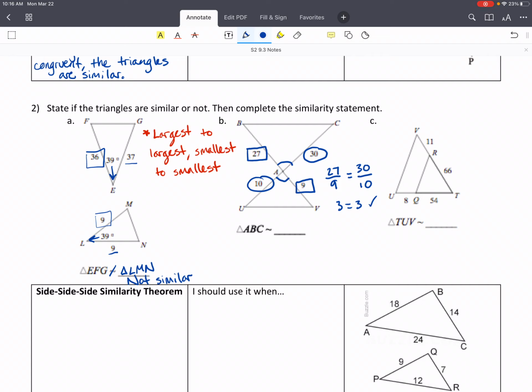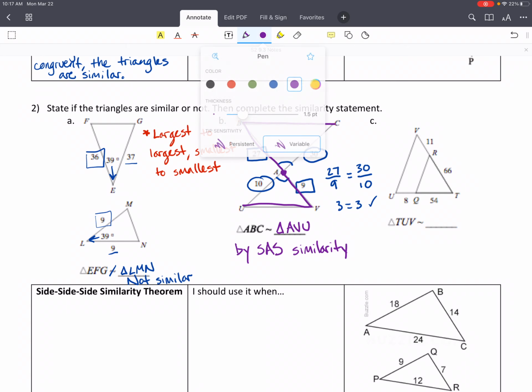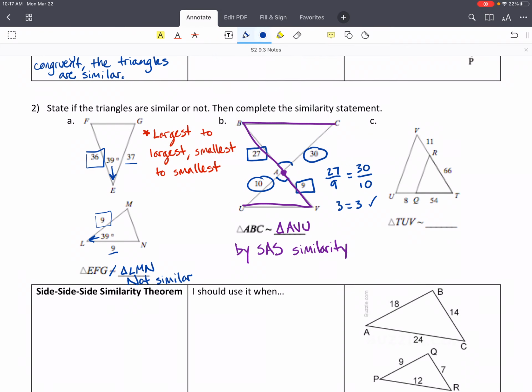So triangle ABC, highlight that, ABC. So it starts in the middle, it goes down the side with the boxed number, and then over. So that's going to be triangle ABC by side, angle, side, similarity. I want you to write the word similarity because there is side, angle, side congruence, and that is not the same. Okay, our last example,